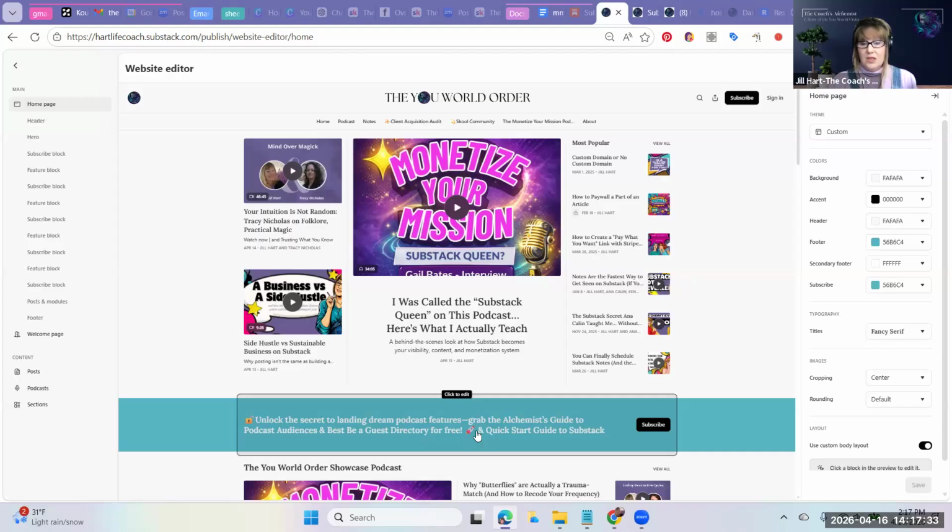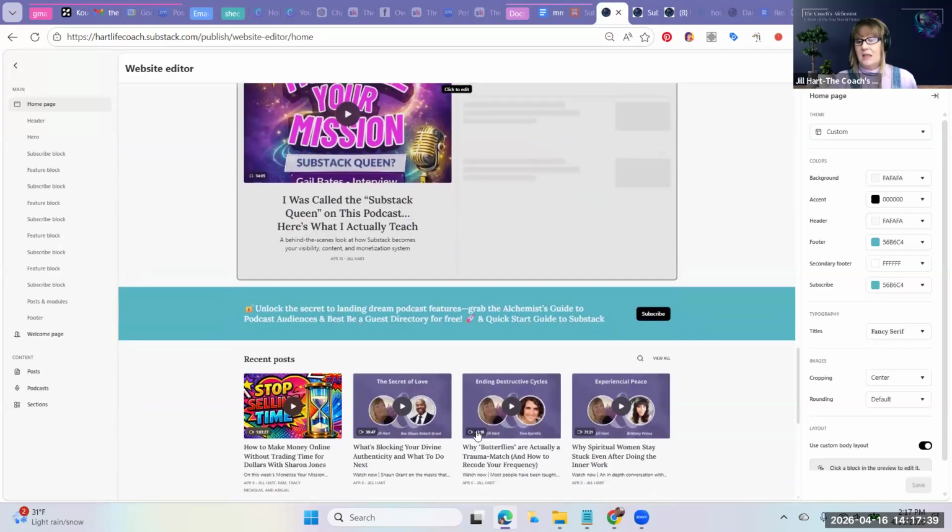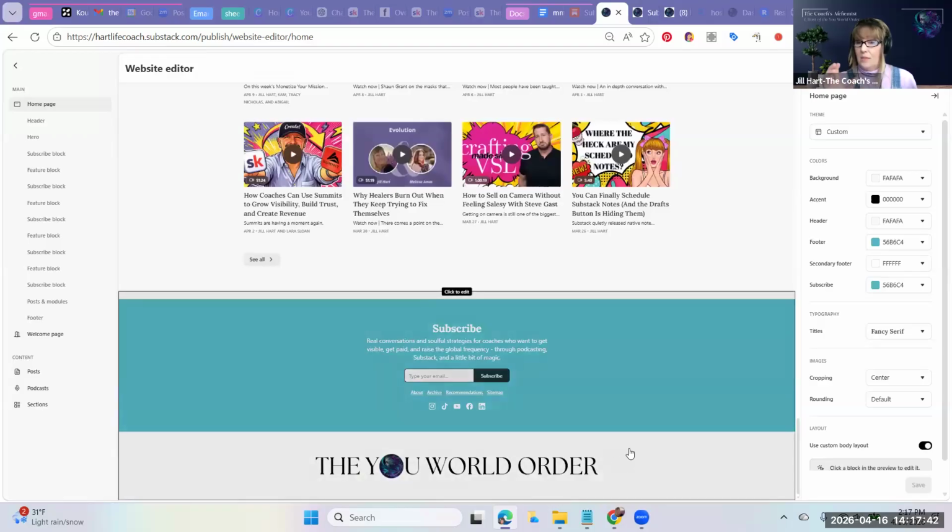But I choose to have this subscribe banner between my sections because I have a lot of sections and I think it makes it show up better. You can also change the background for the footer on here. Normally it's just white, but you can change it to whatever lovely color you want, and you can put your news. I forget what this is called, but this is actually an image. If you just do it one line and you do it the exact dimensions that they tell you for your headline image, then news, it's a news something.